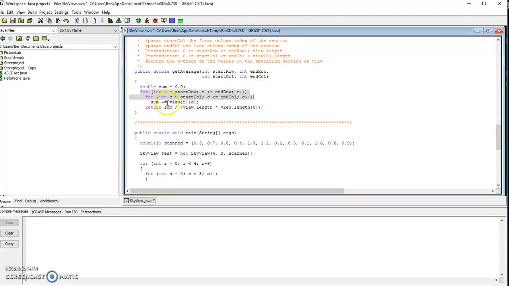And as we're traversing, this line here will add the rows and columns of the array, as long as C is less than or equal to the last value in the specified array. Sorry about that. So these two added values will be assigned to the variable sum. Then we return sum divided by view.length times view[0].length, which is in reality just the length of the array. So this line of code here represents the average that we